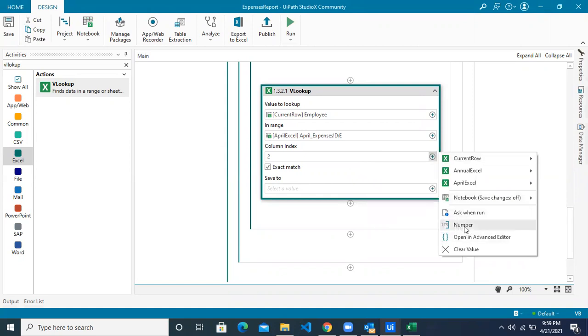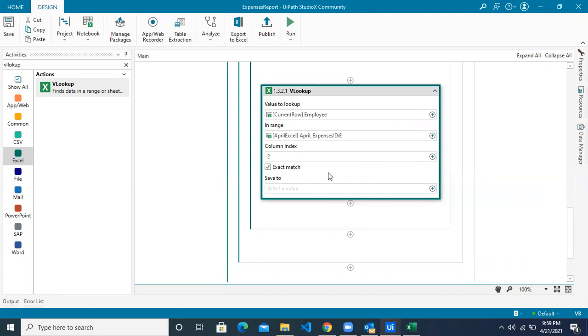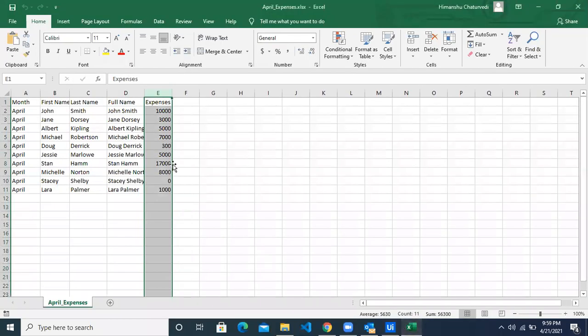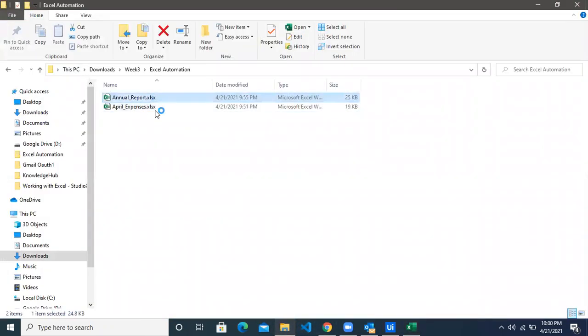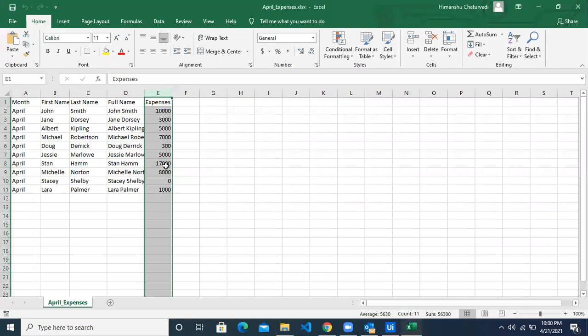So the number option is what you have to choose and enter the value that you want to pick from the range. So once it does the VLOOKUP, it will be taking the value from column E, which is the second column, and paste it to the annual report expenses column.